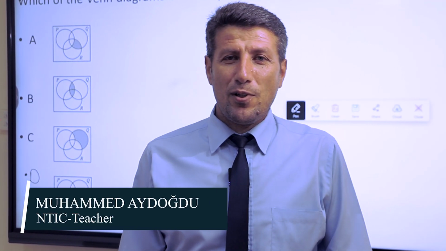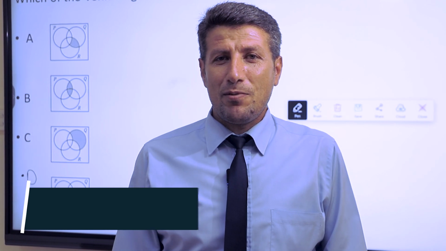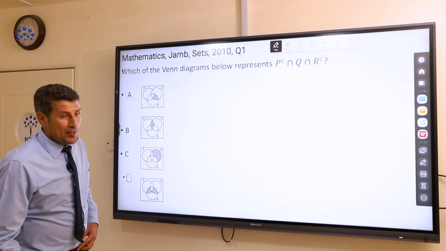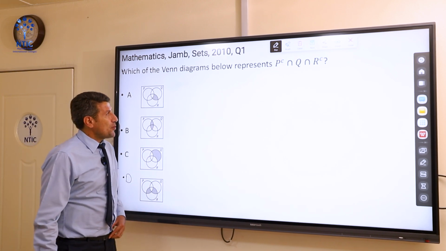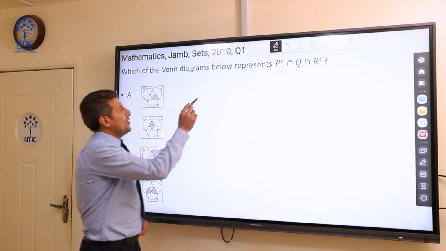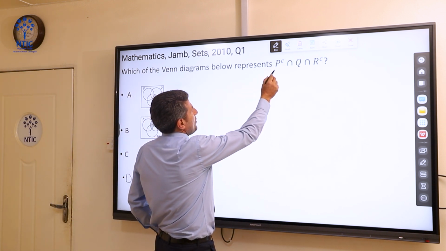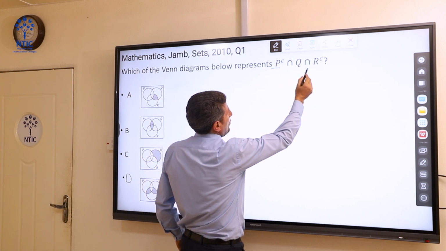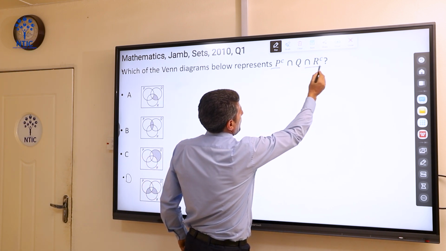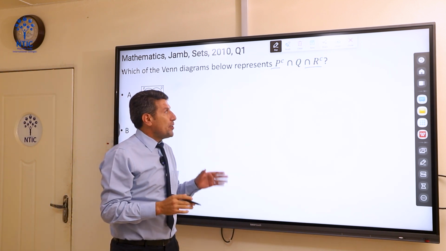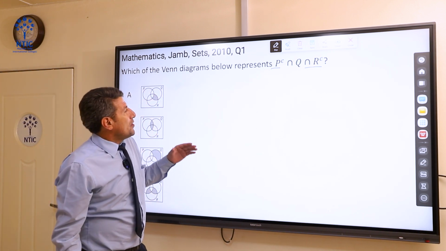Today we are going to solve JAMB Mathematics past questions from the topic of sets. Yes, as you can see, our first question is about Venn diagram. So the information given to us here is P complement intersection Q intersection R complement. First of all, what is the meaning of P complement? P complement means,